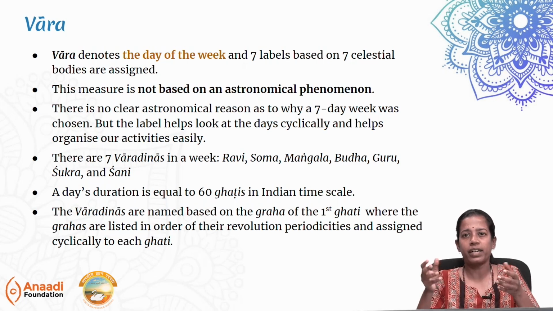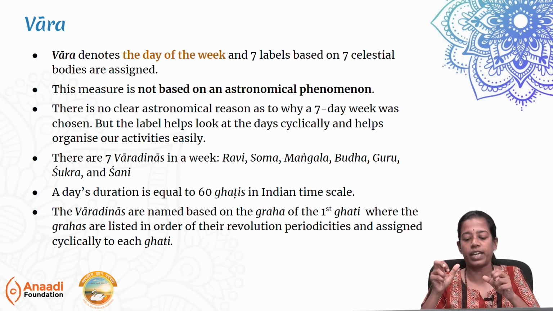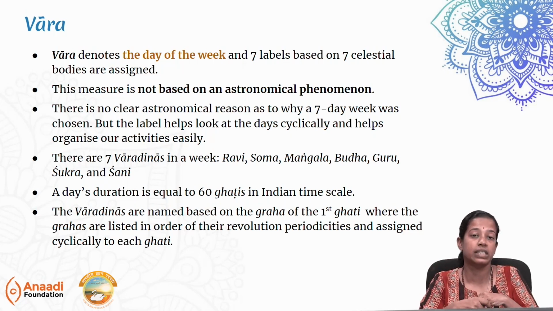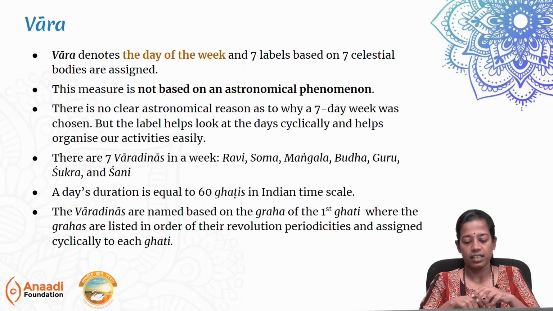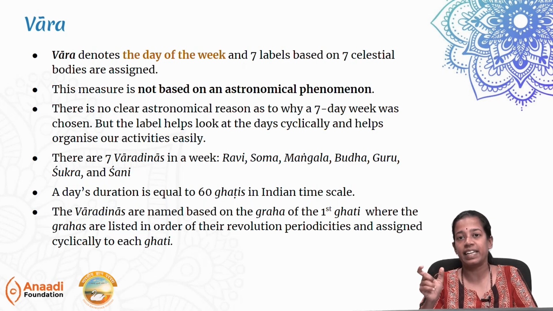So, in the modern day, we know that one day is a sequence of 24 hours and each hour is accounted for 60 minutes. Earlier in the Indian tradition, they used to take a day as being made of 60 ghatis, which means the entire day, which is still 24 hours, would be divided into 60 divisions. The duration of the entire day is the same as now, but each ghati will be 1/60th of the current duration, which makes 1 ghati's length 24 minutes.